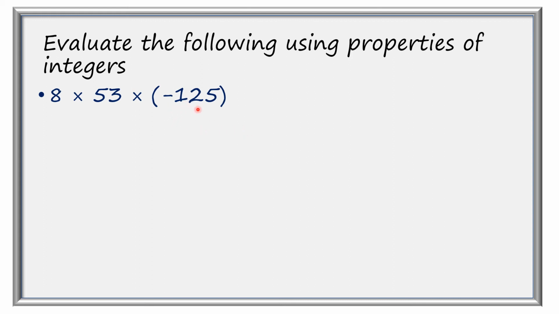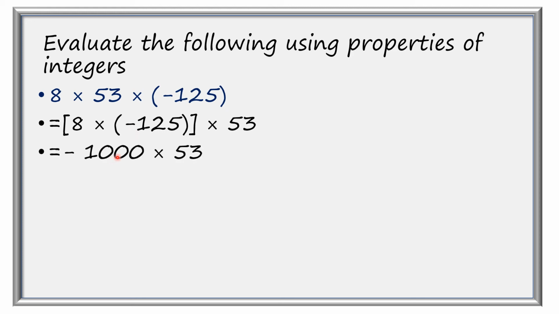How? Here is minus 125. So we can multiply these two integers first, 8 and minus 125, and we know that it is very easy. 125 8s are equal to 1000, and because there is a negative sign in 125, we will put the negative sign in the product. So here minus 1000 multiply 53, and it is always very easy to multiply by a multiple of 10. It means 53 multiply 1000 equals 53,000, and because there is a negative sign, we will write minus 53,000. So our calculation is easy now and less time taking.